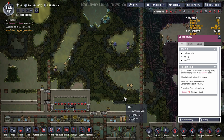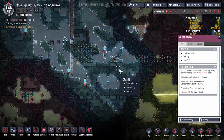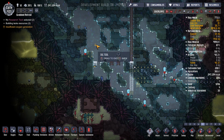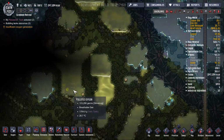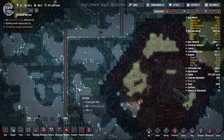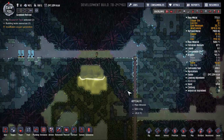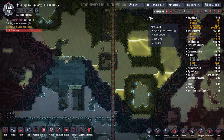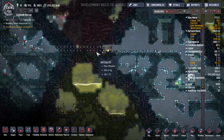Well, let's see if anyone actually does make it back with the Wheeze Wort, though. Over to here, we do need to dig up to it, too. Okay, there's not a lot of oxygen over here in general, so I'm getting why they're suffocating, but at the same time, well, there is some polluted oxygen in here. Not terribly breathable, but it is. It's a little toxic, but...